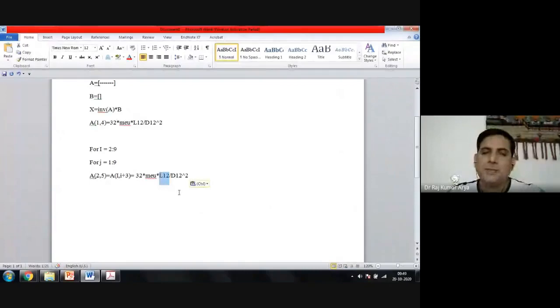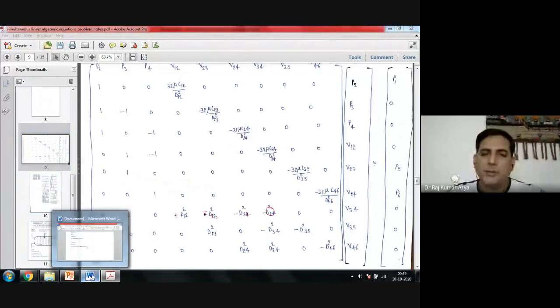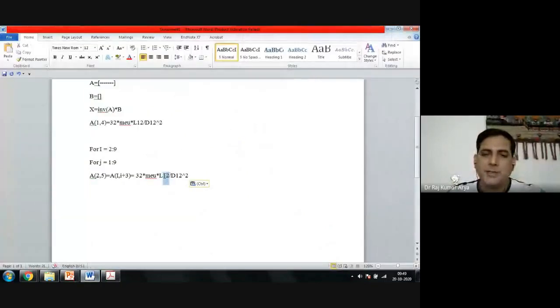Which pipe do you need? Which length pipe you need? Pipe 2 here now, right? Yes, sir, I need the length of the second pipe, L23. So can I put L23 here somewhere? Let me think how to do it actually. Here also I want D23, right? So if I somehow get this, my problem would be solved. Correct or not?